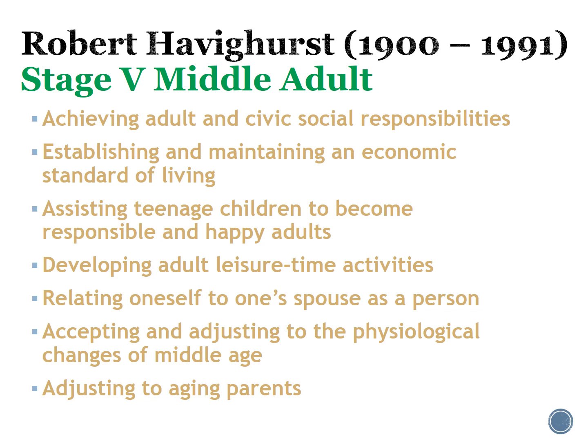I am a middle-aged person, and I can tell you that my kids have now moved out. I've made them healthy. Now they boomerang back a couple times, but I have tried to get them out to be productive citizens. It's been part of my job, according to Havinghurst, in my middle-age adulthood. I have more time to myself. I've got more time for leisure activities, more time to relate with my spouse, accepting changes that have happened to me being a middle-aged person. I'm also adjusting to my parents getting older. So this is where I'm at as far as Robert Havinghurst stages as a middle-aged adult.